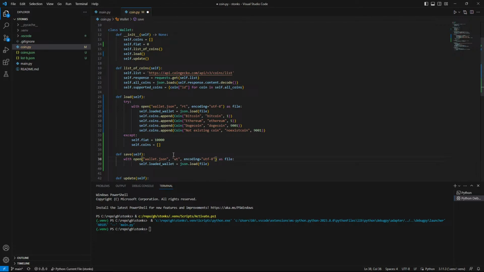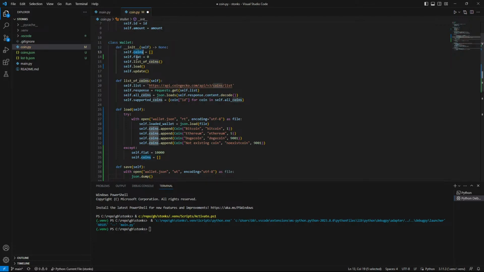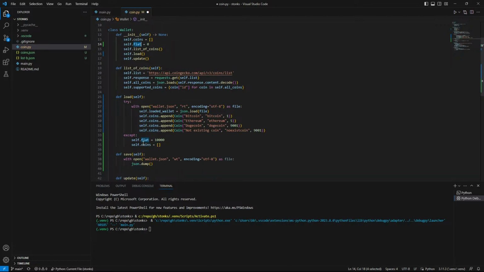We want to overwrite the file if it's found, and we don't load this data structure, we don't load from JSON, we dump something. We would like to dump, yeah, what would we need? We would need the coins and the fiat. So we make